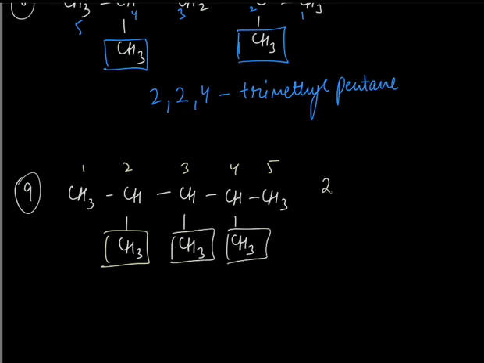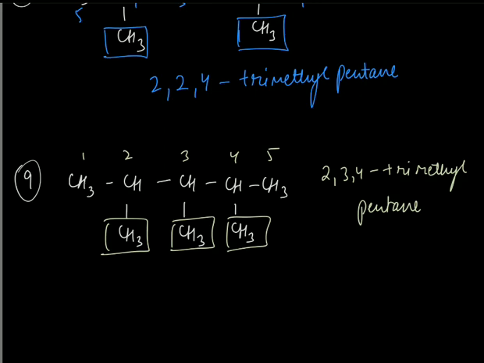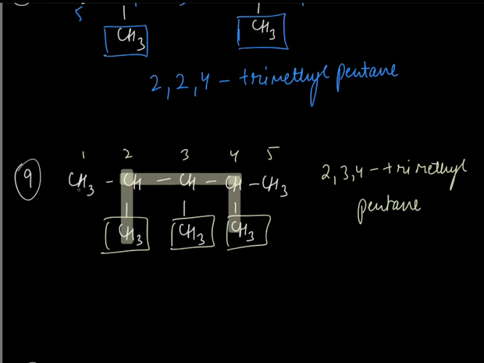The name is going to be same. So this will be 2 comma 3 comma 4 trimethyl pentane. Actually, you can go this way also. 1, 2, 3, 4, 5. If you go like this I'm talking about, this can also make sense, right? But don't go like this. No. That's like no, big no. That's having only, you can say, 4 carbon atoms. So we need 5 as a main parent chain. You can go like this also, or you can go straight. It's up to you. So there are multiple possibilities, right? The name will be the same.